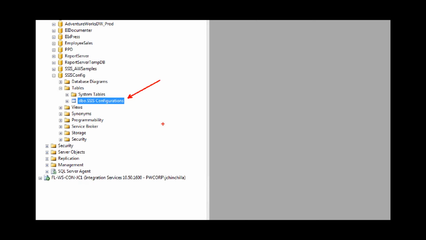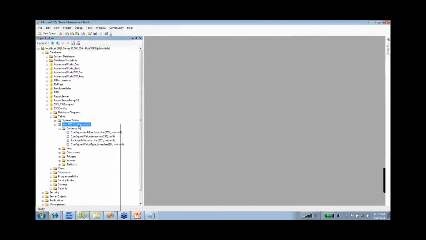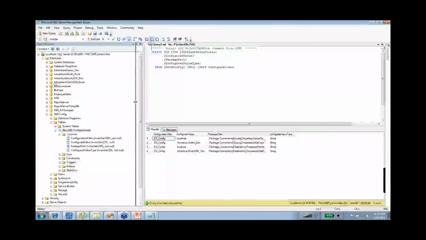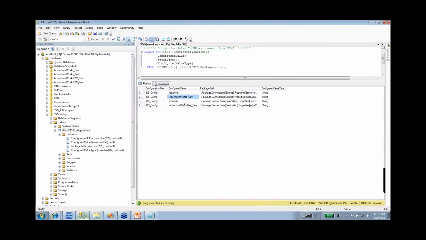If we expand this table, you see the different columns that have been created. Let's browse the file and see what's created there. By default, it copies what has been hard-coded in my package. Right now, it's my localhost server name and my AdventureWorks dev